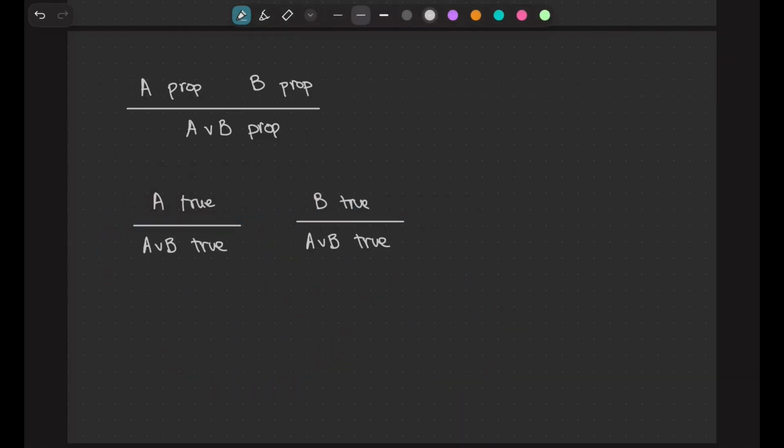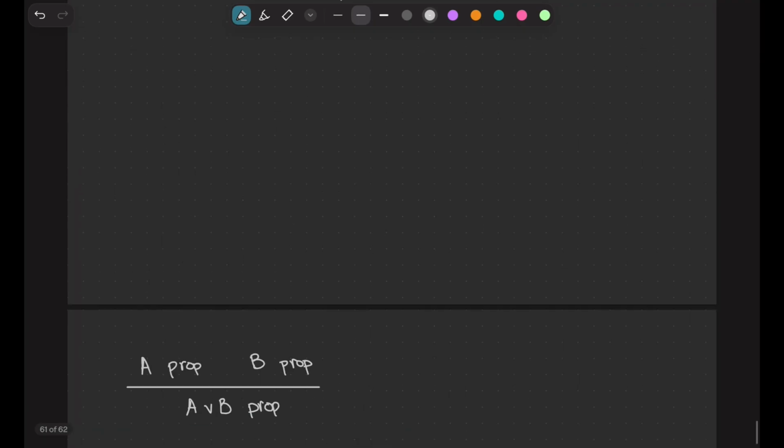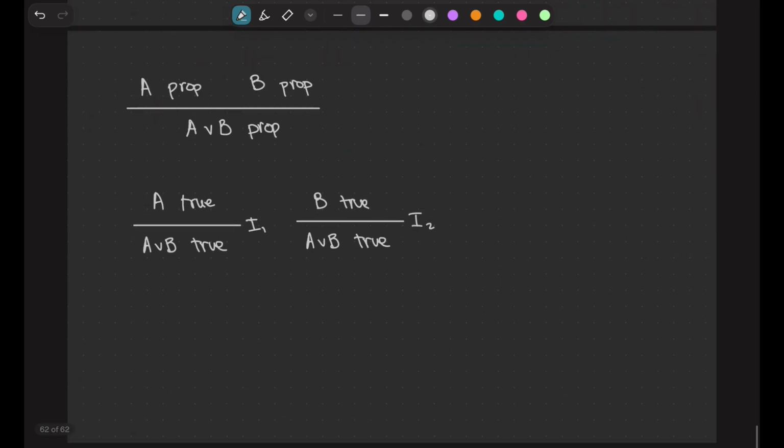So here is one aspect of dualization. I have two introduction rules for this disjunction, while for conjunction I had one introduction and two eliminations. Now I have two introductions, and probably I suspect I will have only one elimination.